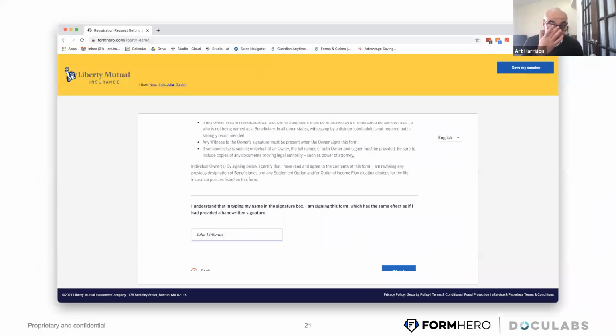We didn't walk through the whole process because, again, Marty touched on a lot of the great points, but I wanted to pull out a couple of things that we see as really common themes across organizations that are looking to digitize. The first is in the top right, and there's a lot of different ways to solve for this. But you can go digital, but if you go digital and you're doing a complex commercial or business or insurance process, and you get 3/4 of the way through it and get stuck and you have to restart it the next time that you want to do it, that's a bad experience, no matter how good the form or the